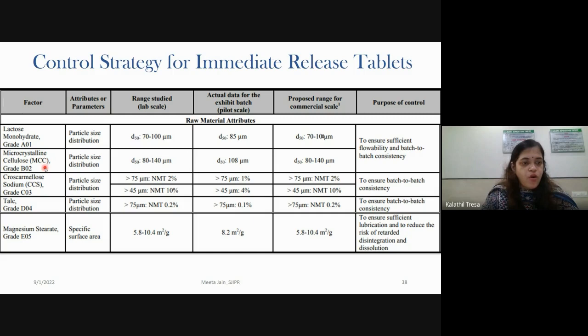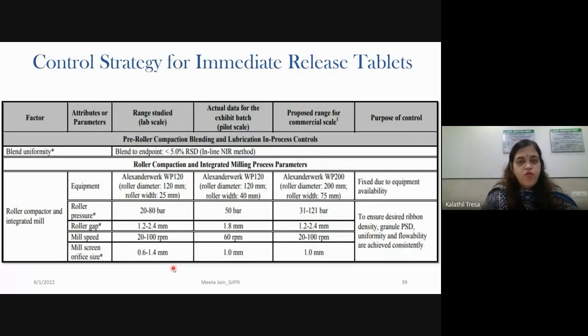Similarly, for all these parameters, this is with one attribute. Similarly, for all other attributes, you can define this design space, that is control strategy. You have to control the particle size within these limits, otherwise it will have other results or improper quality in your formulation.